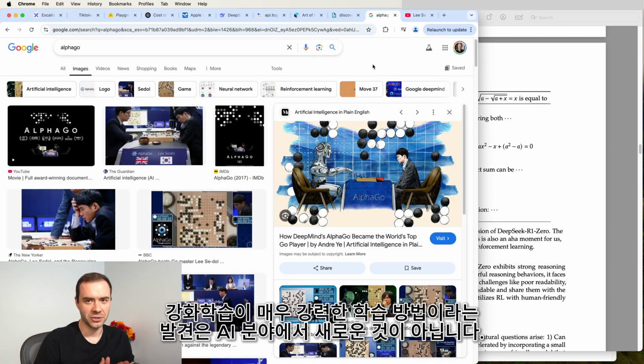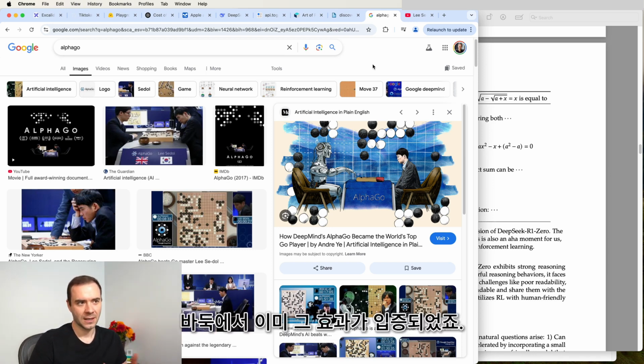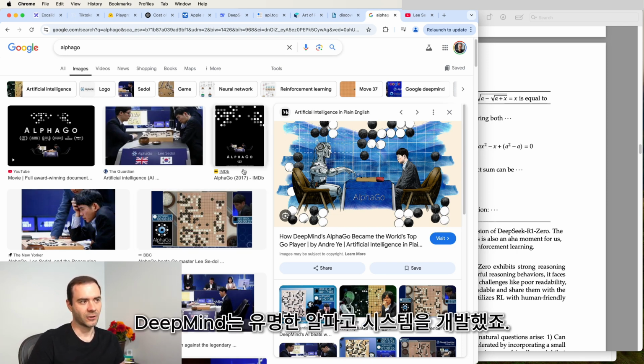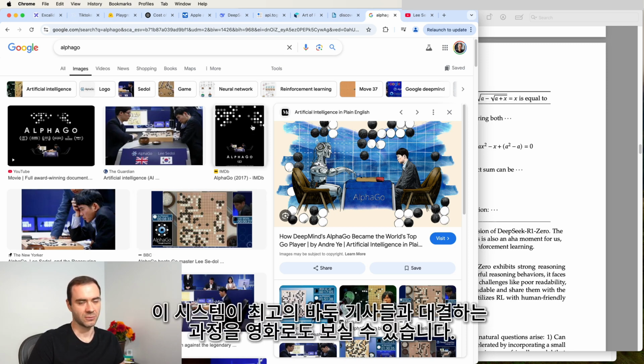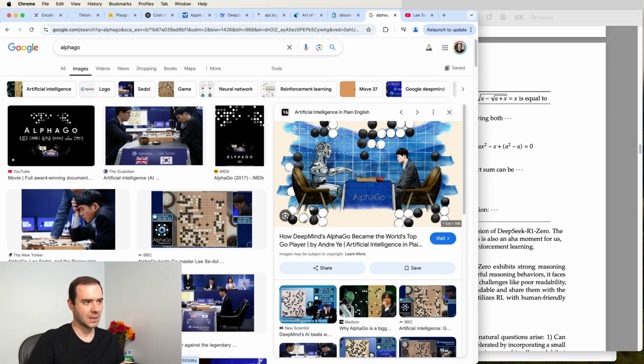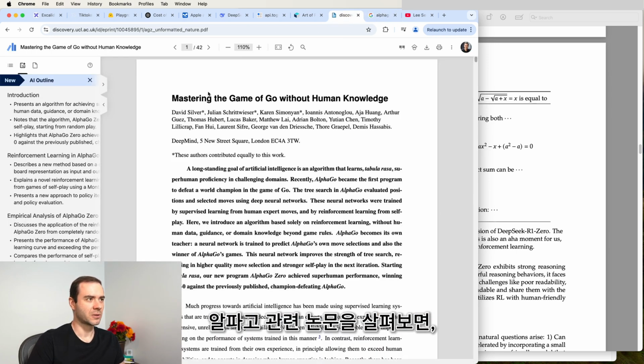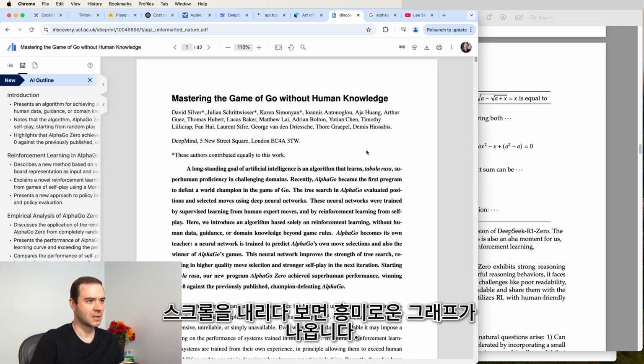One more connection that I wanted to bring up is that the discovery that reinforcement learning is an extremely powerful way of learning is not new to the field of AI. One place where we've already seen this demonstrated is in the game of Go. Famously, DeepMind developed the system AlphaGo, and you can watch a movie about it, where the system is learning to play the game of Go against top human players. And when we go to the paper underlying AlphaGo, when we scroll down,